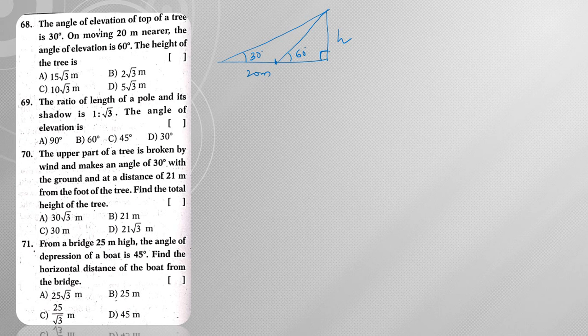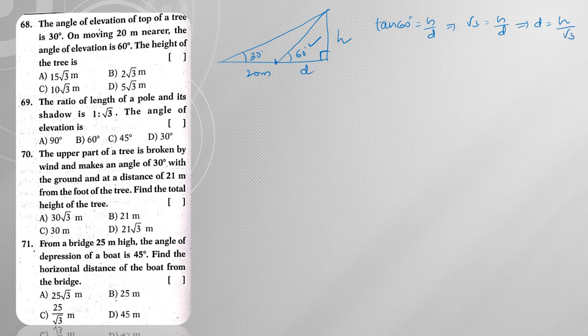Now let this be the triangle. Now we are going to find it out. Let this distance be some d. Since I need to find out the height of the tree, I need to find out h value. First of all, consider the smallest triangle. So that is nothing but this triangle. Then tan 60 degrees is equal to h by d. So from this, tan 60 is root 3 is equal to h by d. Since I need to find the value of h, I need to eliminate d value. So d can be written as h by root 3.